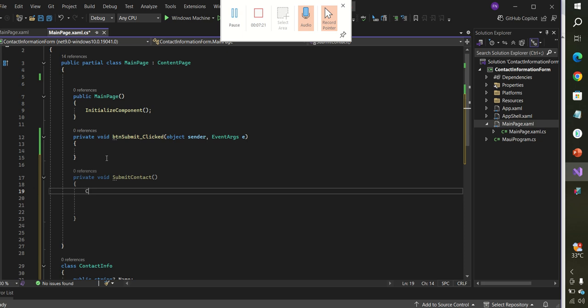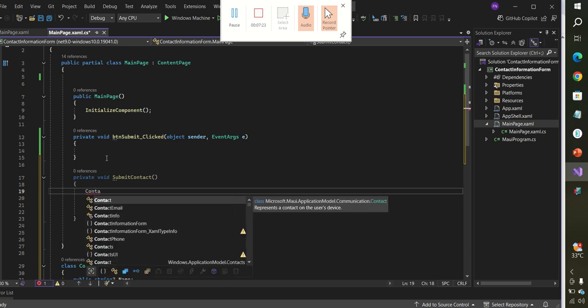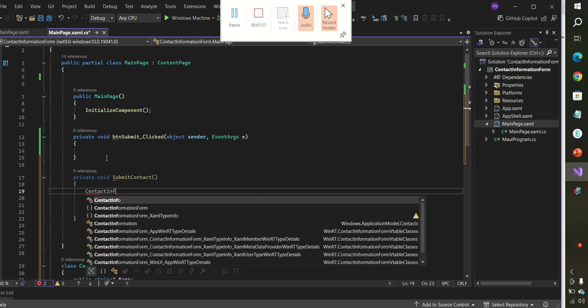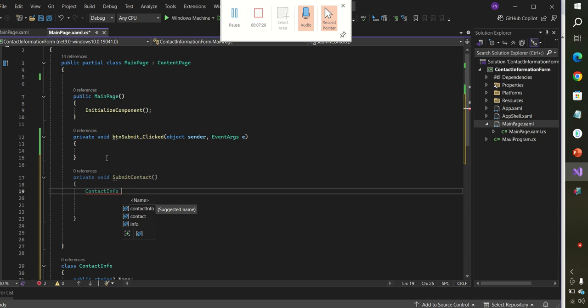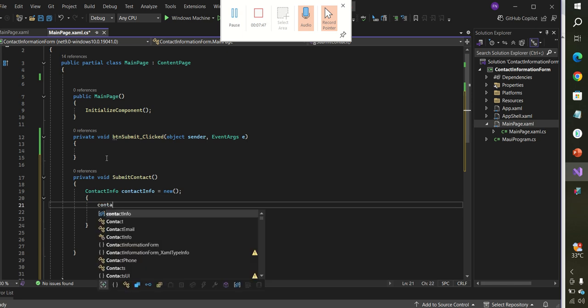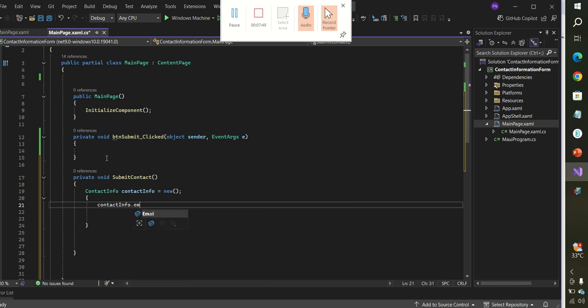Okay, here ContactInfo. Let's map these properties. ContactInfo.Name